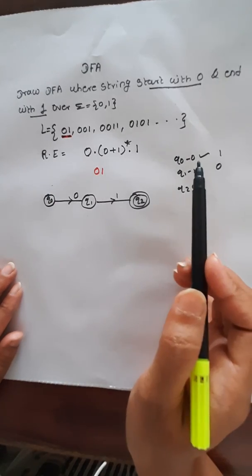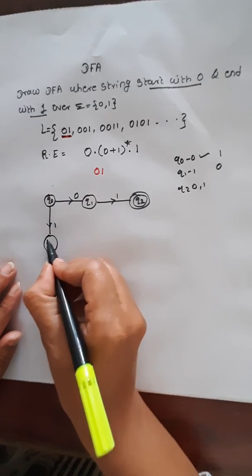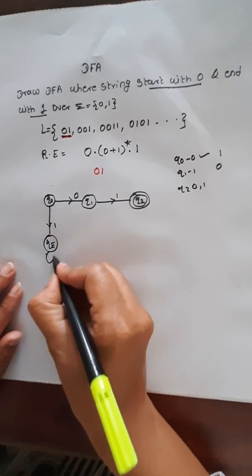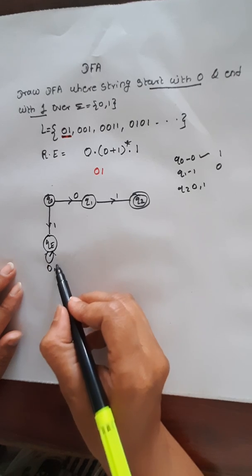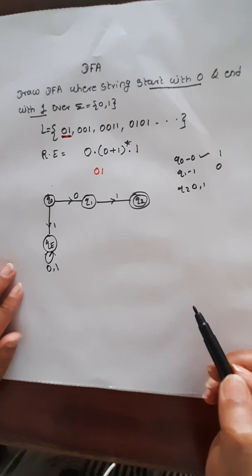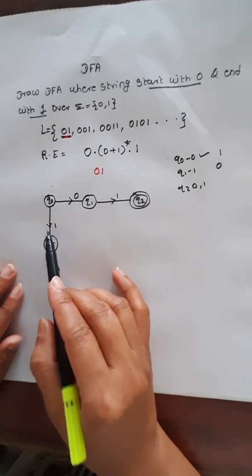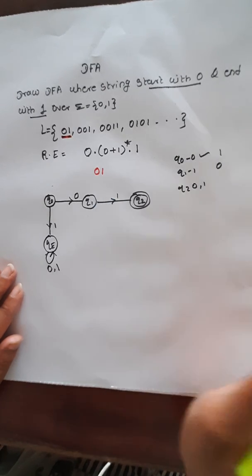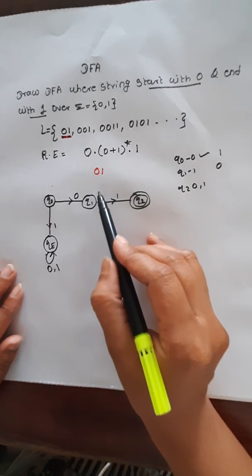So what to do? In that case you have to move the 1's transition to the error state, because we never start with 1. Clear? And on the error state always give the transition for both input symbols 0 and 1, a self loop for 0 and 1. Clear everyone? Now see, Q0's 0 is finished, 1 is finished. Now move to the Q1 state. In Q1, 1's transition is here, 0 remains. So as I already told, first try for the self loop.